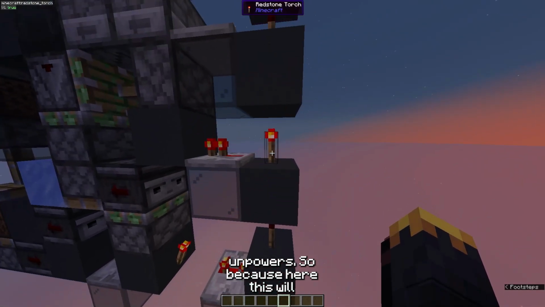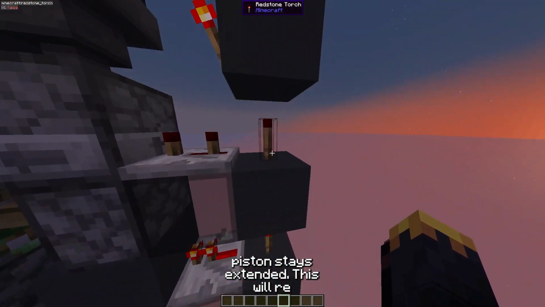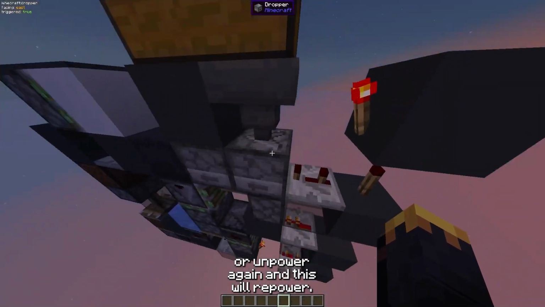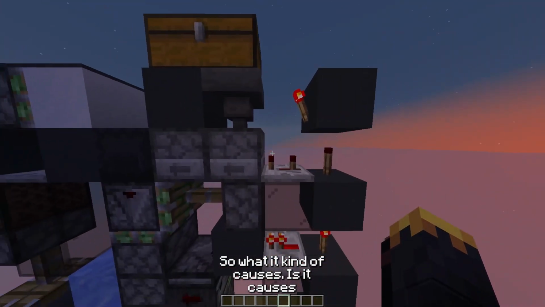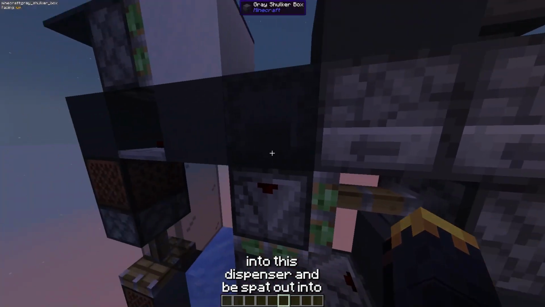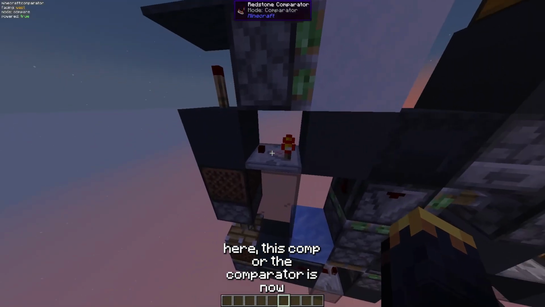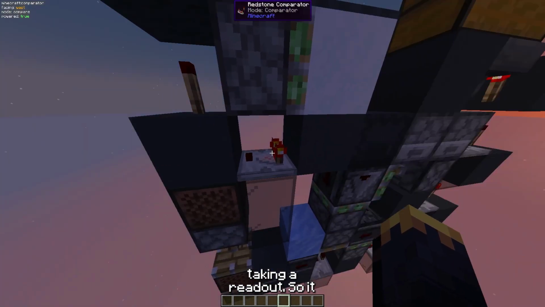So it'll cause this to repower, making sure that this sticky piston stays extended. This will unpower again, and this will repower. So what it kind of causes is the shulker box to move into this dispenser, and be spat out into this block here. And because now it's here, the comparator is now taking a readout, so it